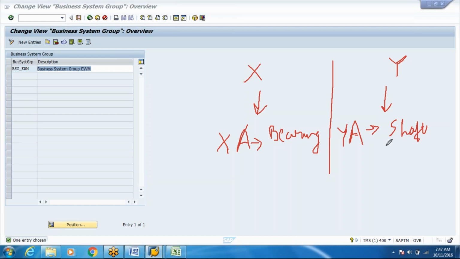So it will be easy for me to search all the products. We can say Y star, and also it will help us avoid any number range issues when it comes to sorting things out with this. There could be the same numbers coming from both the systems. Okay, so coming back to why we need business system group,